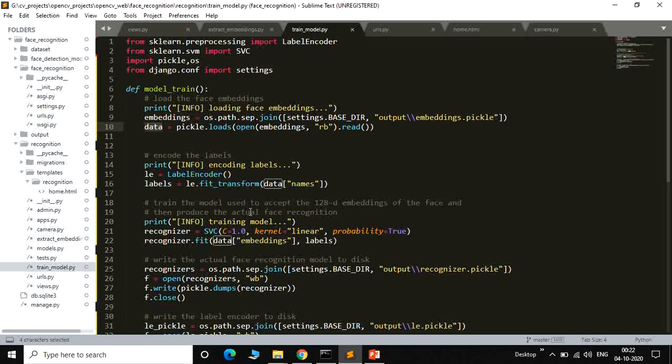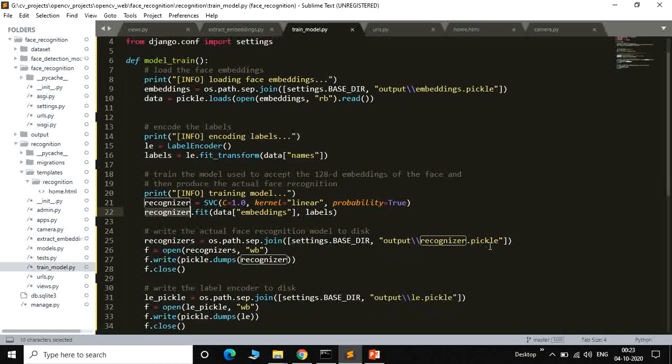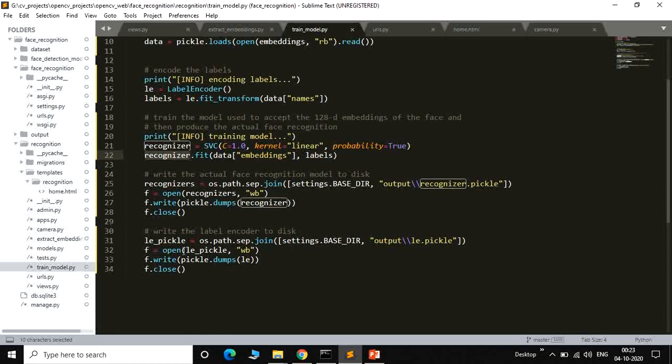After that, the data is stored in matrix format, and it is a dictionary pattern. In that we use a name and embedding. The names in the dataset are Sanket, Sonali, unknown, and that name will be shown, and the embedding is basically in matrix format. All the modules will be trained and saved as data in the recognition module, the recognition pickle and the le.pickle file. This is open.py, which dumps that particular file. Now here the model will be trained.